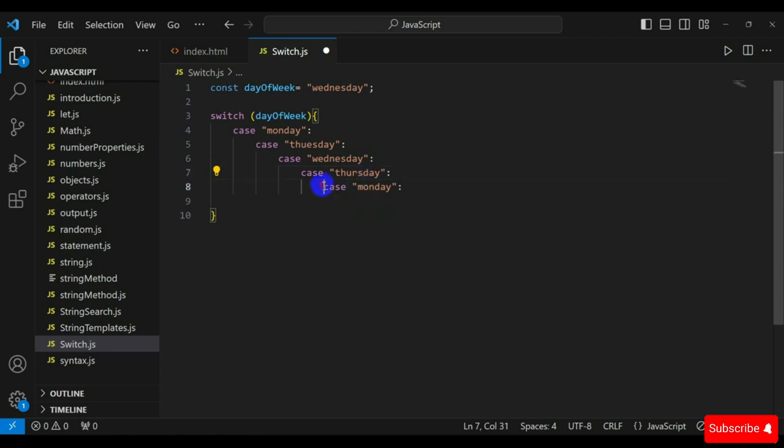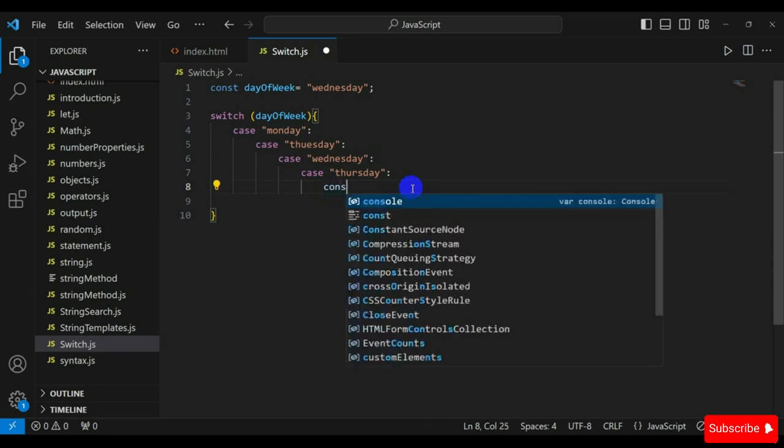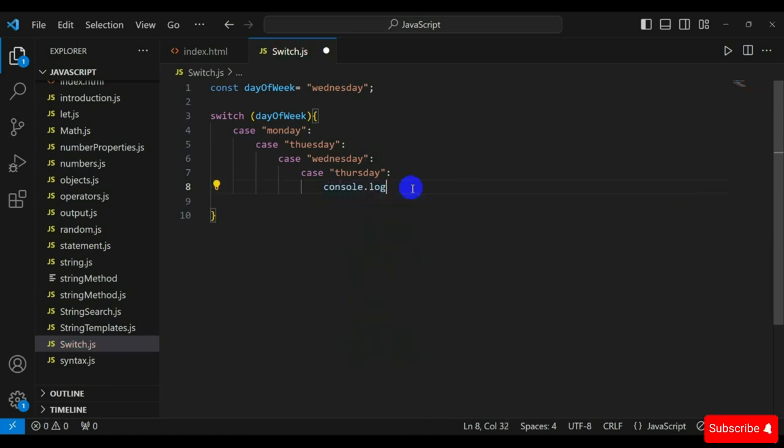And now I create console.log with parentheses and a string: "it's a weekday",